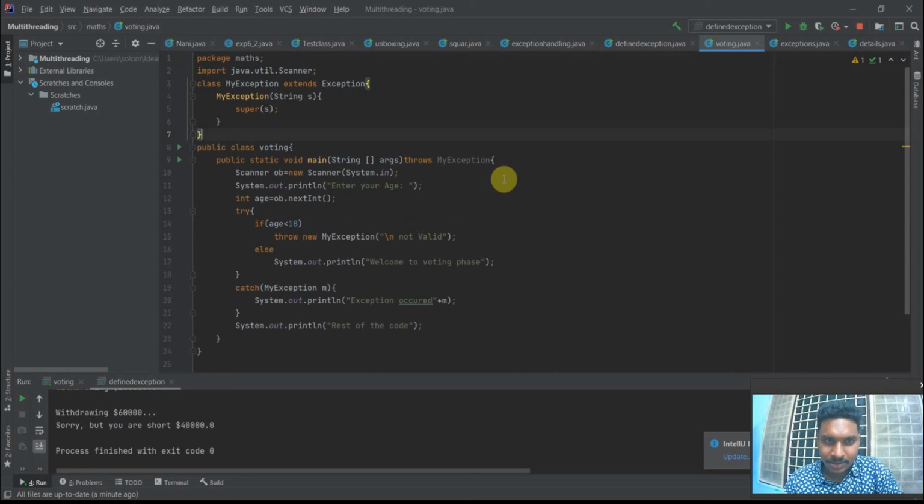So let's check. We are taking the package java.math. We are importing the Scanner class. My class is MyException, extended from Exception. MyException(String s): the superclass constructor is going to be called. My public class name is Voting. As I took my file name Voting, my class name is also Voting. So public static void